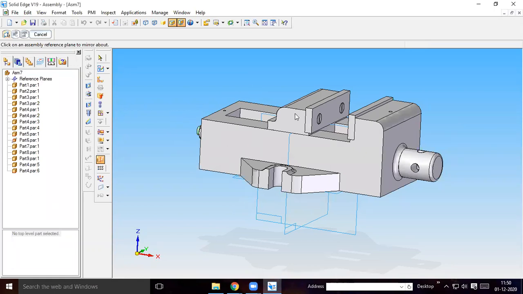Okay, so you understand how to use mate option. First, after giving the axial alignment of the hole, once you select mate option, then first define the distance 60 mm, then select the two faces, then the two surfaces will be placed 60 mm apart.